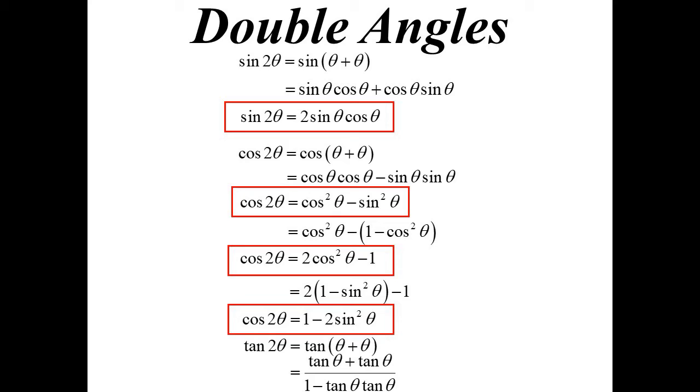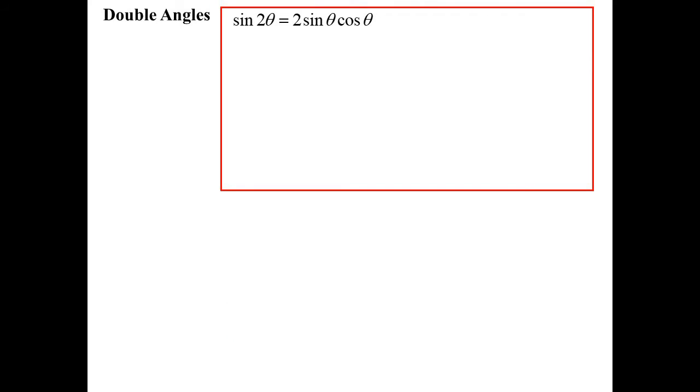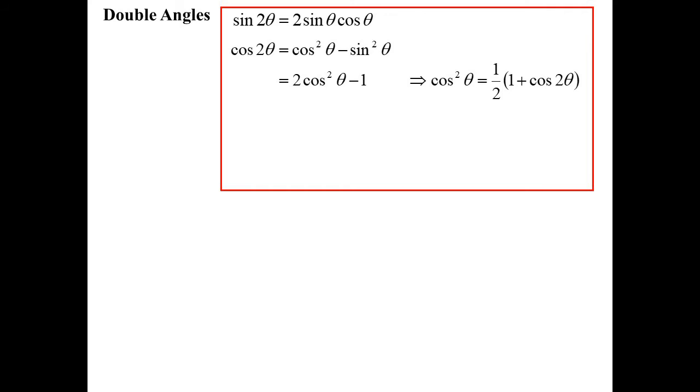Tan 2 theta then. Tan plus tan and 1 minus tan tan. So we get 2 tan theta and 1 minus tan squared theta. So they are our suite of double angles. Sine 2 theta is 2 sine theta cos theta. Cos 2 theta, cos squared minus sine squared, or 2 cos squared minus 1,